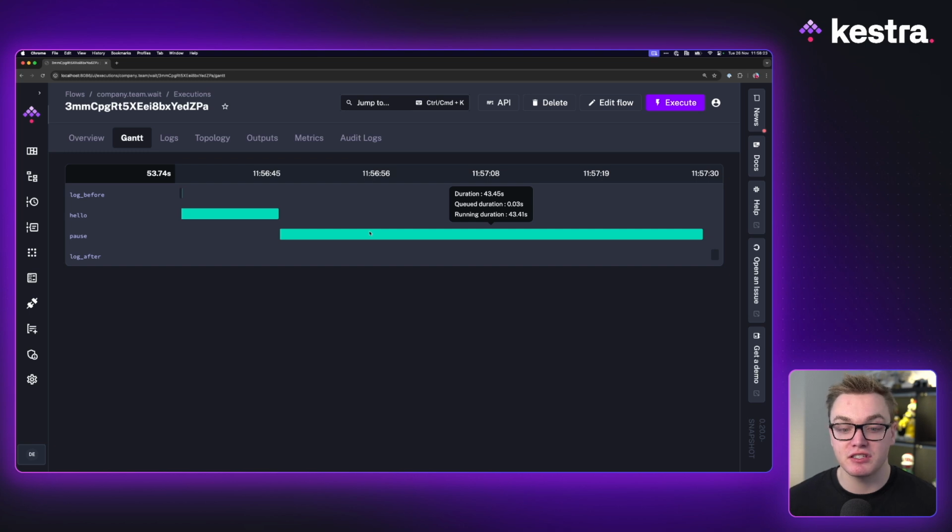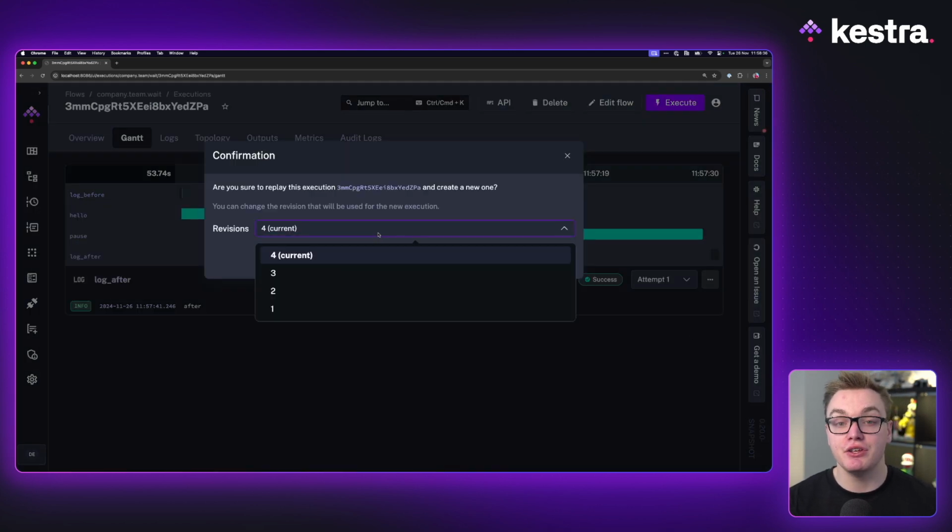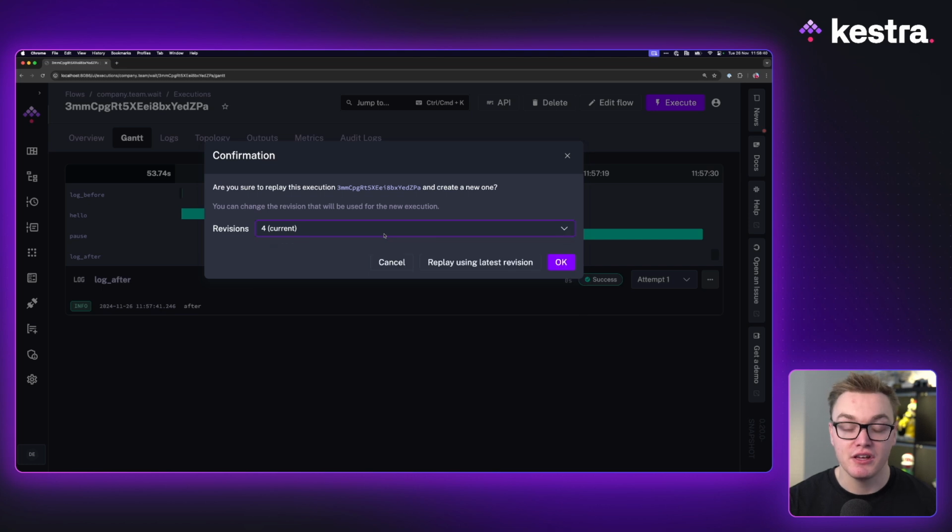So if you've got 3 tasks before, I want to run it after the 10-second pause here. I can go over here to the log after, I can press replay, and I can use a newer revision of the code. So this makes it easy as well. So you've kind of got 2 options here. If you know that you just need to quickly pause and you know that it's not going to take you